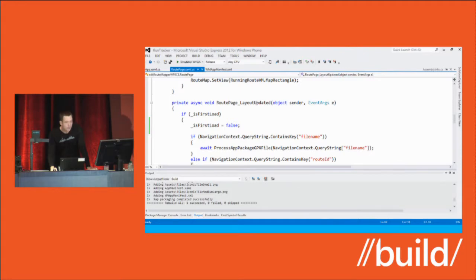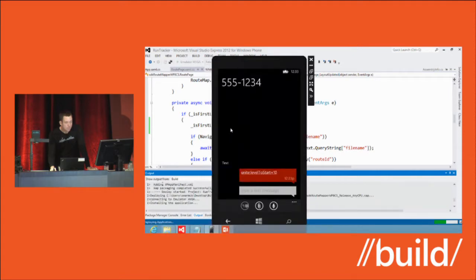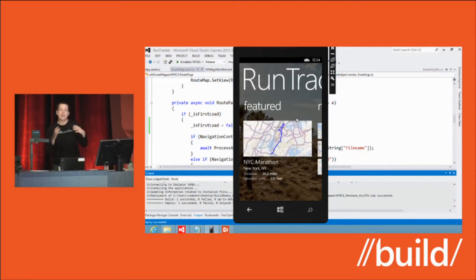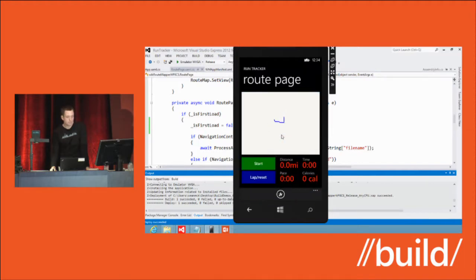Let's actually just run it here so you get a sense. So this app is able to handle GPX files. GPX is sort of an industry standard for geo-coordinate data. It's used for not only running, but motorcycling and geocaching and a whole bunch of stuff. So it's able to parse those files and take the points and create a line on our new map control to represent those routes. So if I tap on any one of these routes, dive in, it's actually parsing that file, displaying the route on the map control,